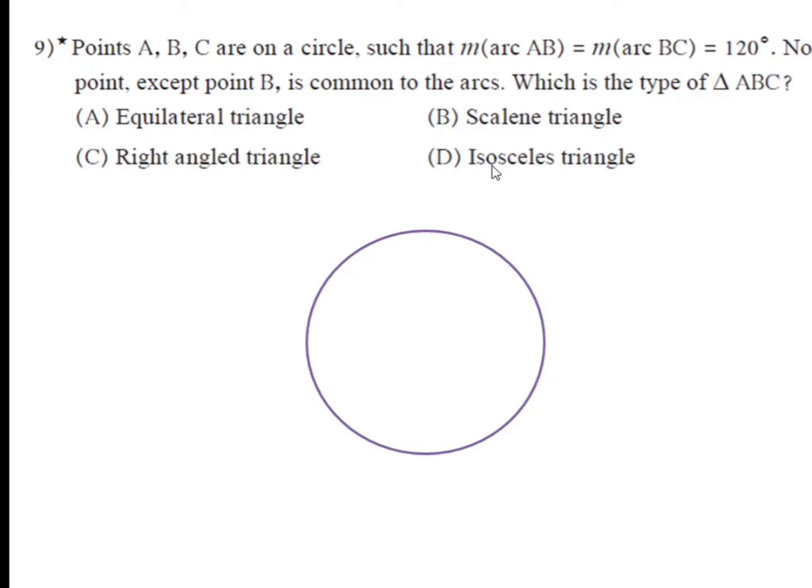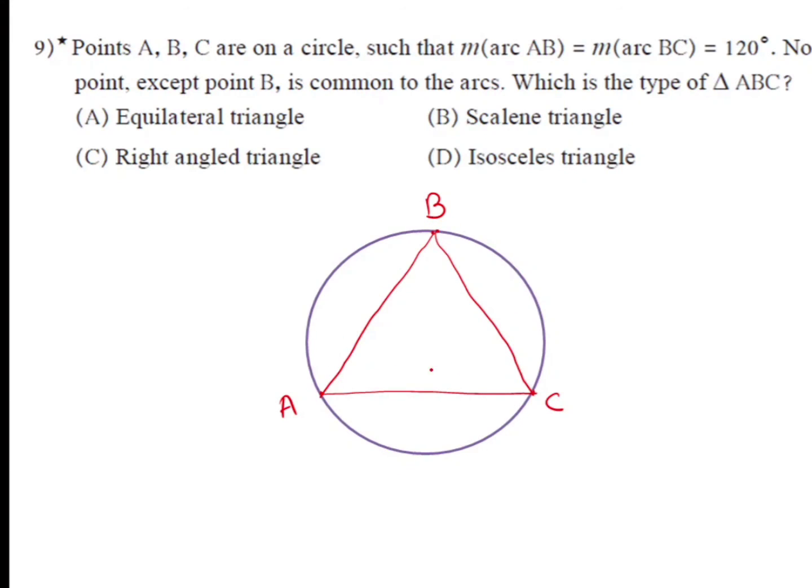So let us have this circle. Let us have 3 points on it. Let us have point A, then point B, and then point C. Measure of arc AB is given to be 120. Now if we join A and B, so this is segment AB, which is a chord of a circle. Again if we join B and C, then we got another chord of a circle. And now if we join points A and C, we get this triangle ABC, and it is given that for both of these two arcs, that is arc AB and arc BC, only common point is B.